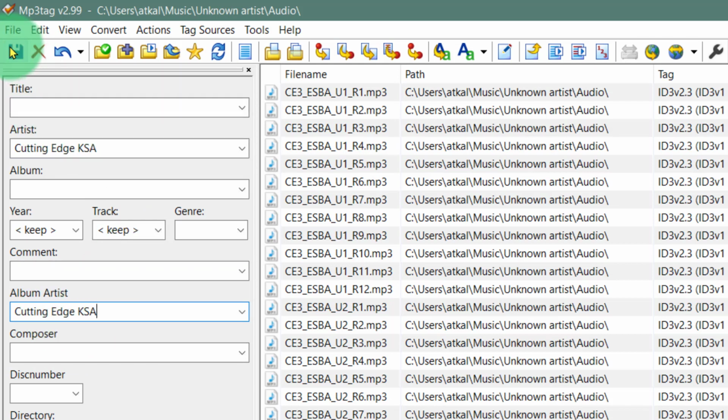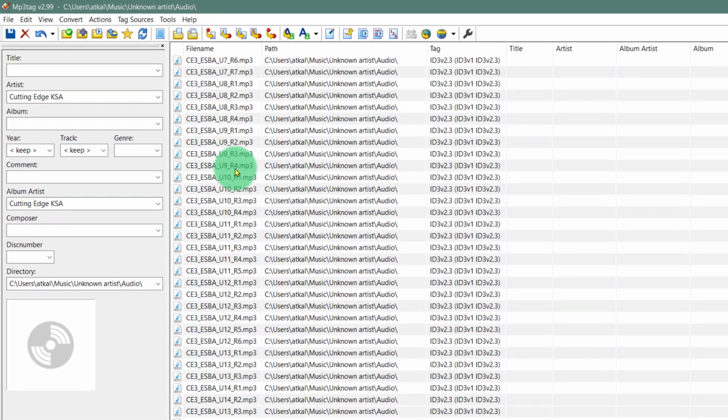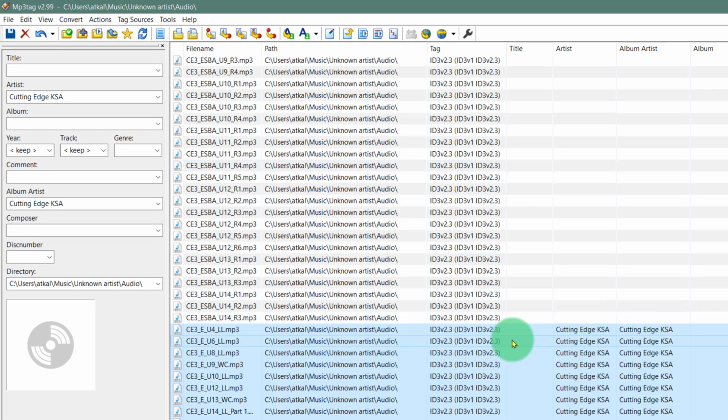And remember, now we have to click Save. Now, you might ask yourself, why did that not work? Well, it only worked because it worked on those that I highlighted. What I need to do is to highlight the whole of